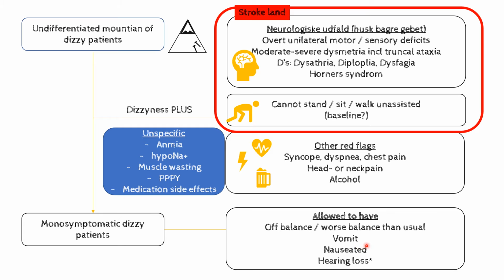When we say that they're monosymptomatic, then they're allowed to have vomiting and nausea. And then this last piece of information is hearing loss and sometimes also tinnitus. Depending on the context, the hearing loss can sometimes be a central feature. If you have a patient with a peripheral HINTS test pointing at a peripheral cause, and the only finding is that they have a hearing loss as well,